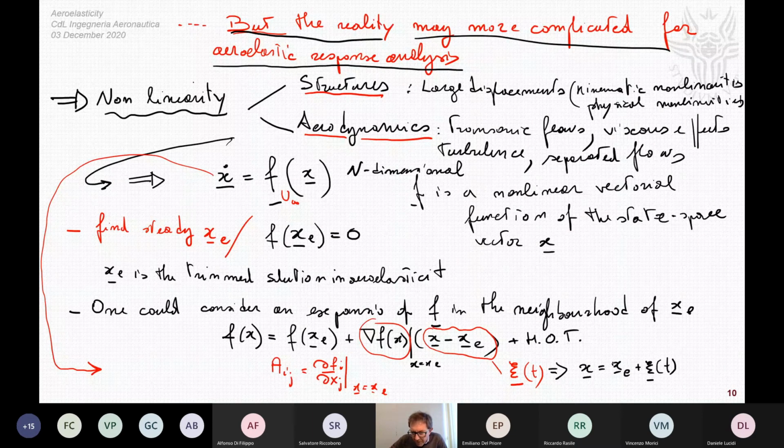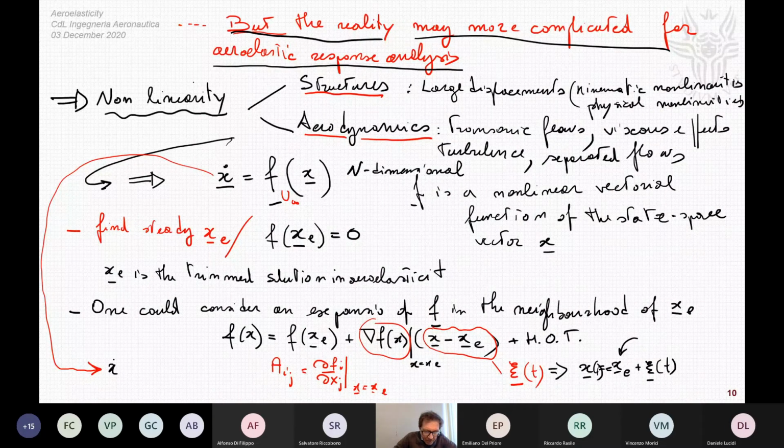This is a function of time, but this is not a function of time because it is the equilibrium solution, not depending on time. And so if you take the first derivative of this xi dot,